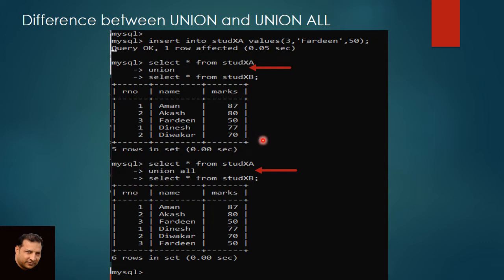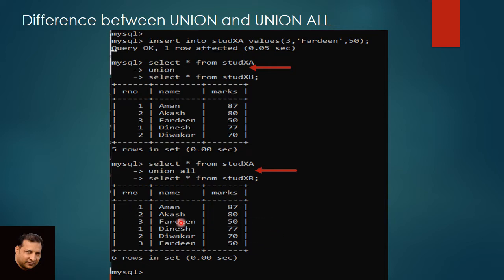Now after inserting one more record in student 10th A, see the result of union all. Select asterisk from student 10th A union all, select asterisk from student 10th B. So you can see Aman, Akash, Fardeen, Dinesh, Divakar, Fardeen.